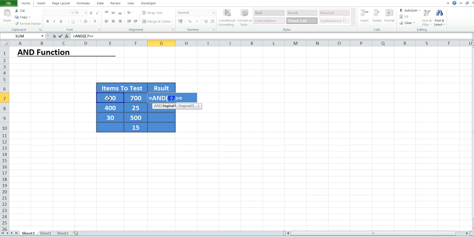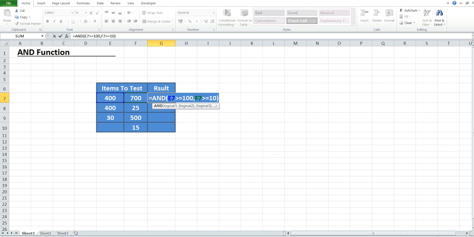So greater than or equal to 100, comma, select the second item, greater than or equal to 100, close the parenthesis, press enter. As you can see, we got the result true because here the item 400 is greater than 100, right?